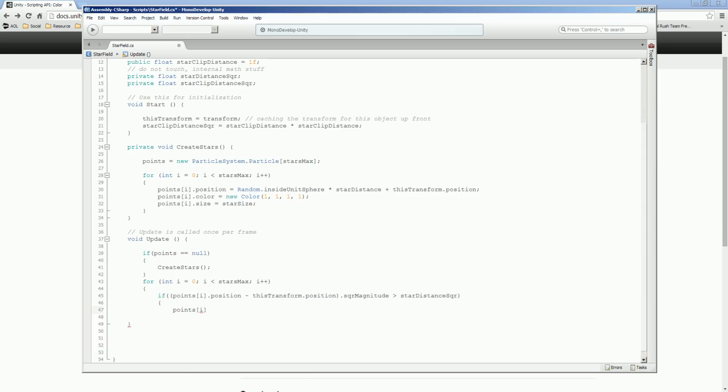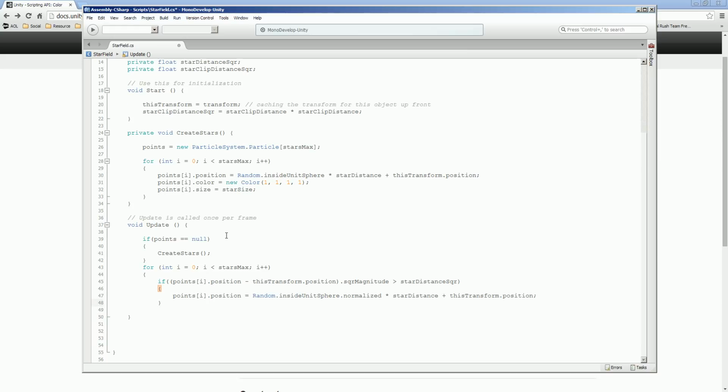Brackets for an array for multiple points. points[i].position equals Random.insideUnitSphere.normalized, and we're just going to copy this, times starDistance plus this.transform.position. Looks very familiar to what we were writing up in CreateStars,